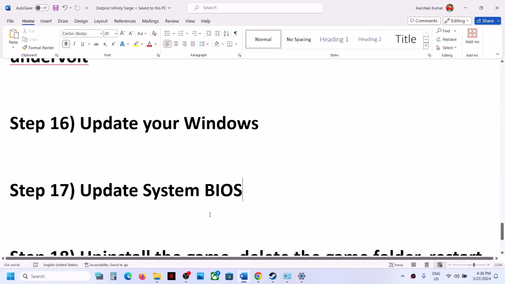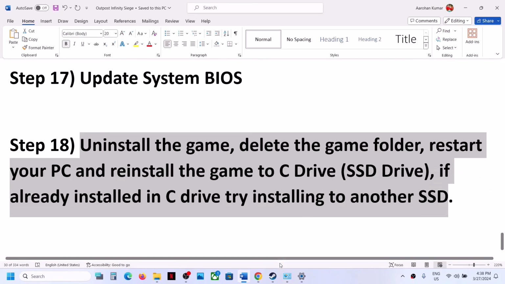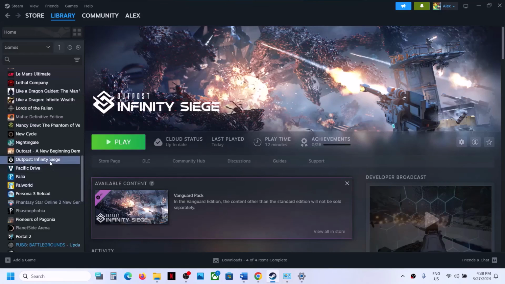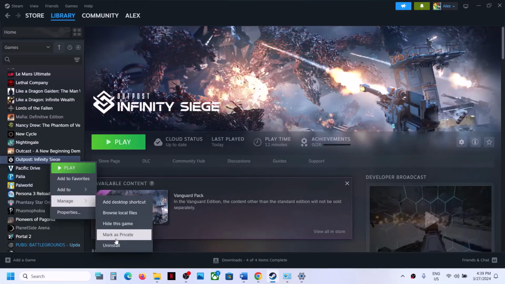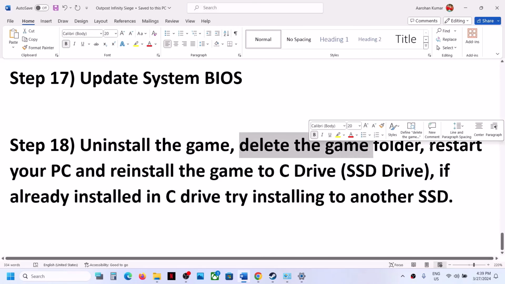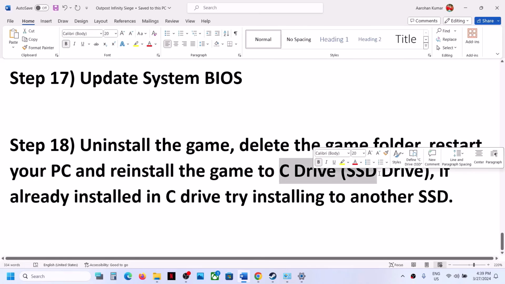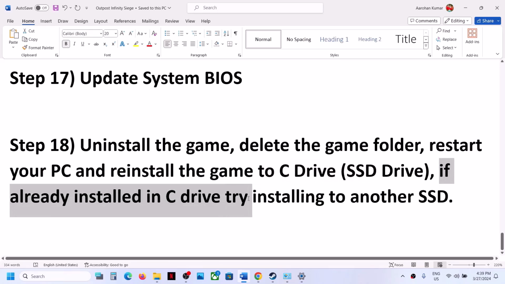Now the last step is to uninstall and reinstall the game to a different drive. So if nothing is working, you can right-click on the game, select manage, then click on uninstall. Now after the uninstall, go to the game installation folder and then delete the game folder and then restart your computer and then reinstall the game to C drive. Suppose the game is installed on another drive, then in that case, install the game to C drive and then check. If the game is already installed in C drive, then try installing it to another SSD and then